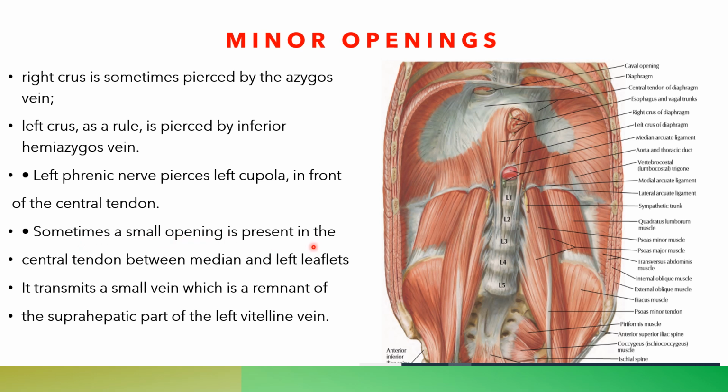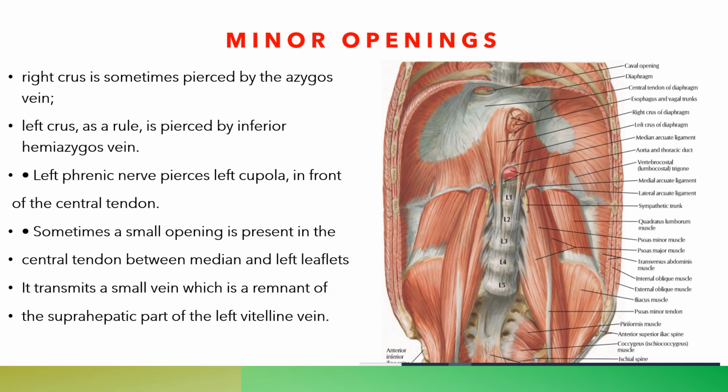Sometimes a small opening is present in the central tendon between the median and left leaflets. It transmits a small vein which is a remnant of the suprahepatic part of the left vitelline vein. So this opening transmits a small vein, and this is of embryological significance. Okay, so remember these are the minor openings of the